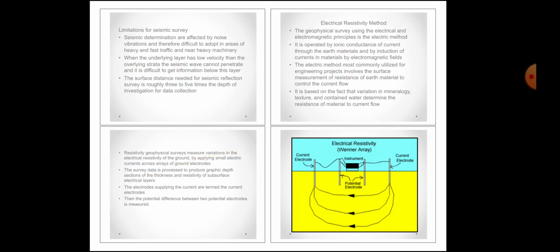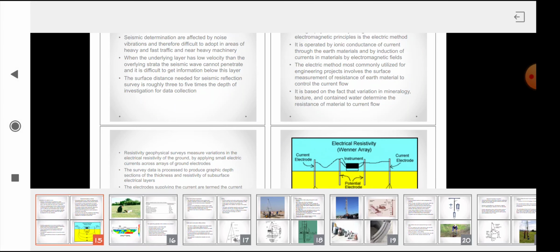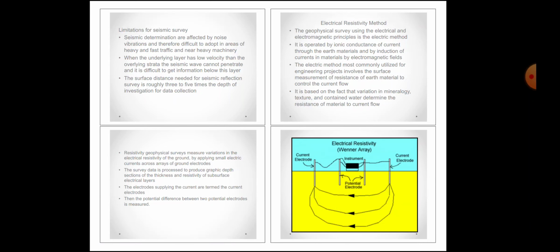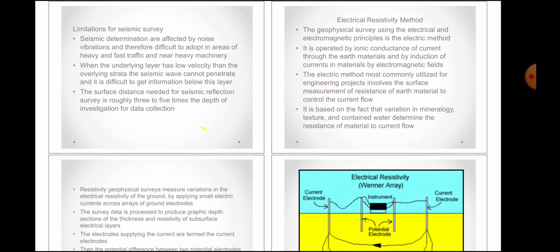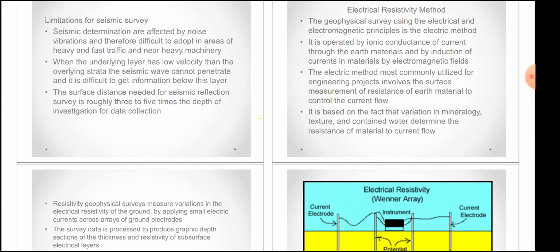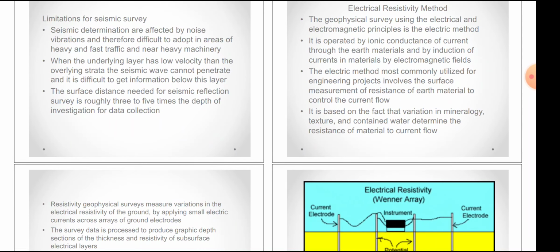Limitations of seismic survey. Seismic determinations are affected by noise and vibration, and are therefore difficult to adapt in areas of heavy and fast traffic and near heavy machinery. When the underlying layer has lower velocity than the overlying strata, the seismic wave cannot penetrate, and it is difficult to get information below this layer. The surface distance needed for a seismic reflection survey is roughly 3 to 5 times the depth of investigation for data